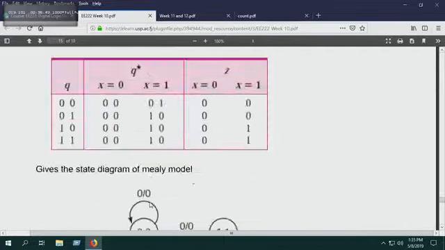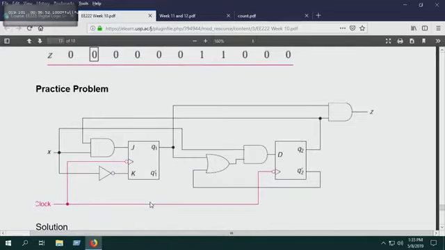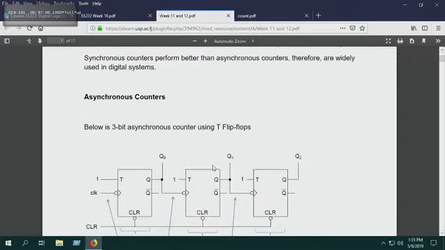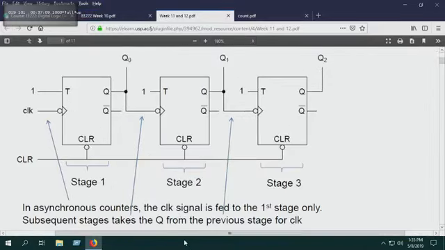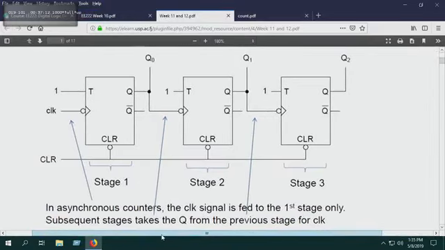Now, the key observation. Let's come back to our original discussion. The key observation was that your clocks are all tied together, so they are all synchronized. Now, let's show you a new type of circuit, and this is also available in this one here. Now, what observation can you tell me about your clock? Look at where the clock is being fed from.